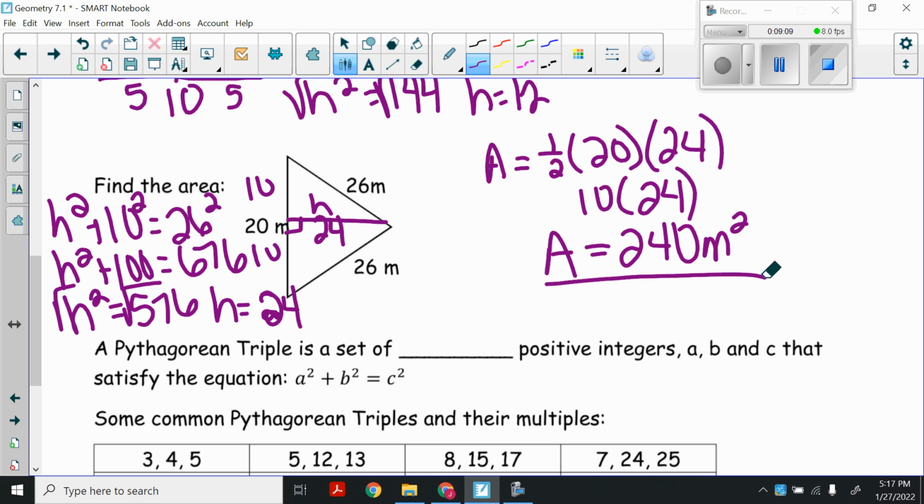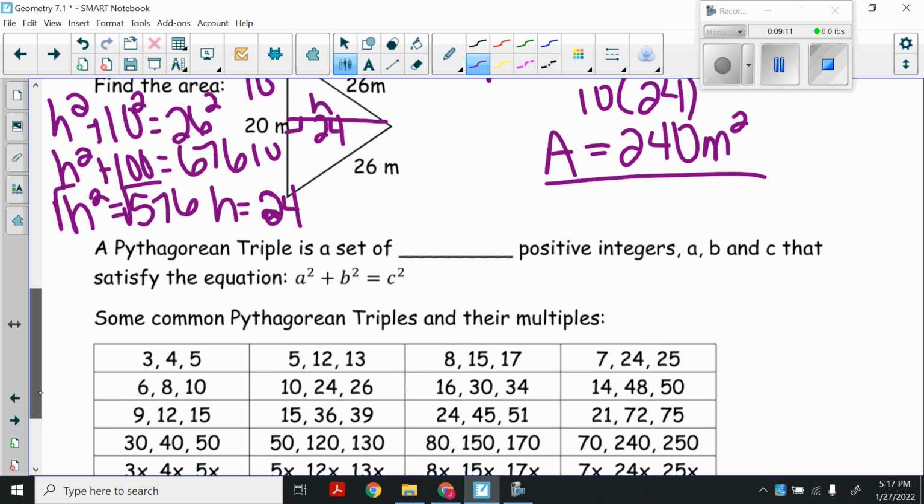Now we're going to talk about something special when we deal with Pythagorean theorem. And we're going to talk about a Pythagorean triple. So a Pythagorean triple is a set of 3 positive integers, a, b, and c, that satisfy the equation a squared plus b squared equals c squared. Some common Pythagorean triples and their multiples. So this top row, if we memorize this top row,